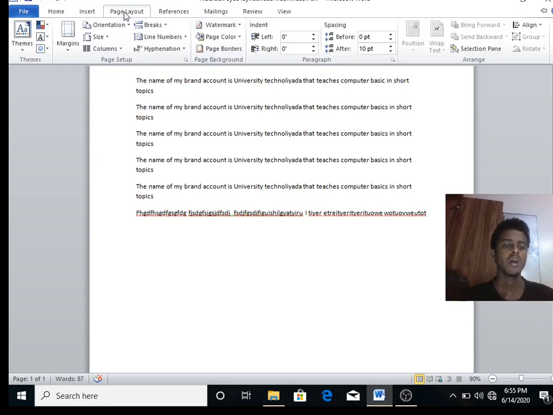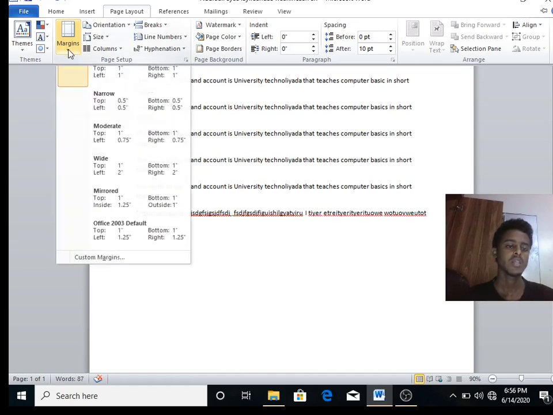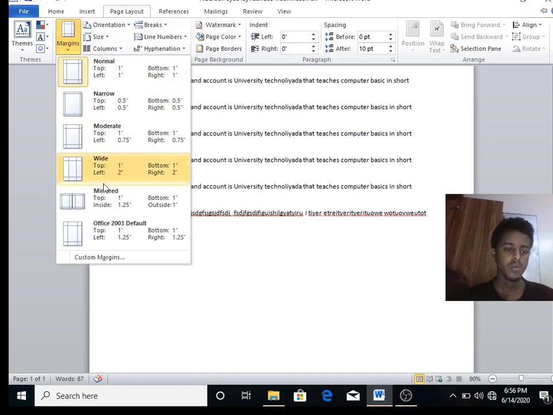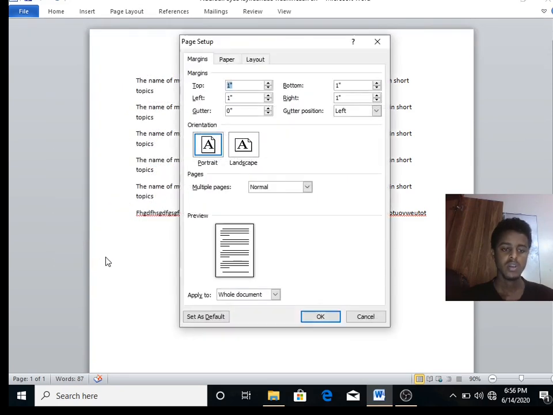Ablona page layout, margins, come down, custom margins. We have top, we have left, and there are numbers, bottom and right. So waan ka yaraynayna midkaas waxaan geynaynaa 0. Here is these two arrows. This one hadda ku dhufato way ku darsamaysaa. Kan you can you reduce. Marka waxaan sameynaynaa 0 waxaan geynaynaa